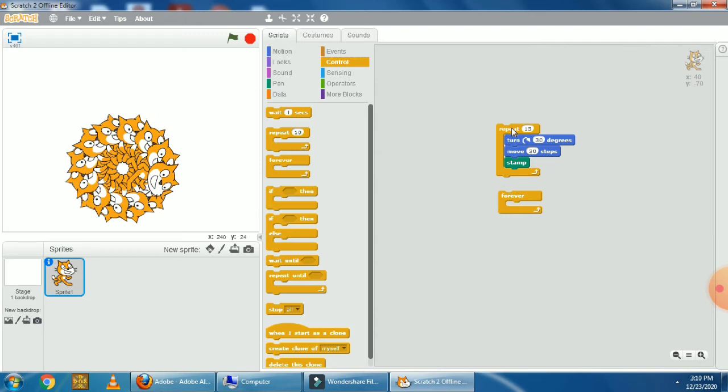Okay, now let's delete this repeat command. Right click on the repeat block and select delete. Now this is the forever block. The blocks held inside the forever block will be in a loop that never ends. Loop means the commands that we put inside the forever block are endless. Execution will not stop until we click on the stop button.